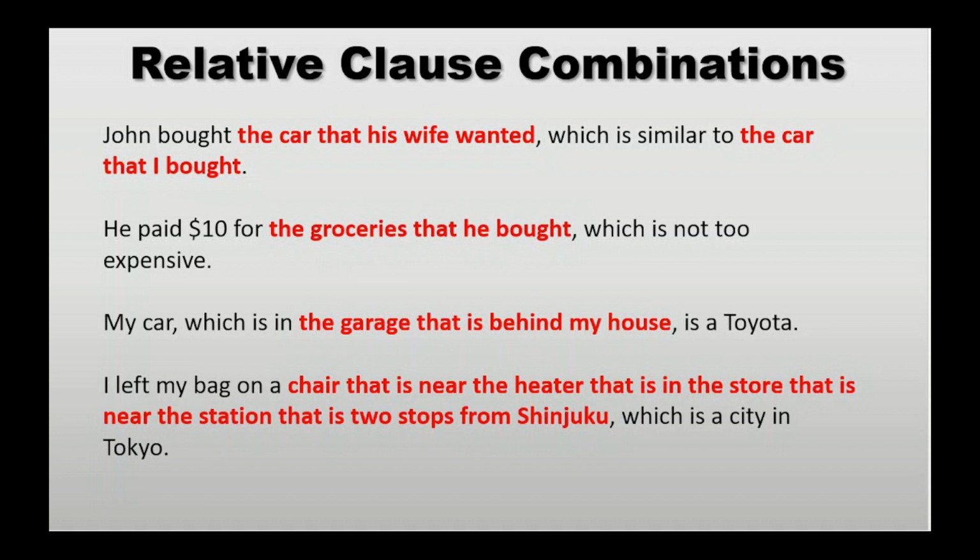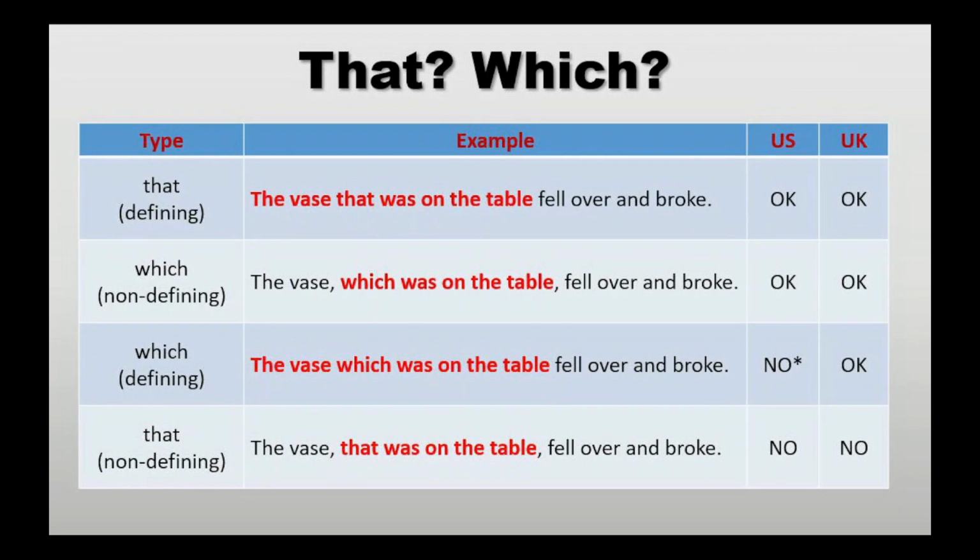All right, you got this? So when you're using a defining relative clause, start it with that and then define the noun. Keep those words together. When you're using a non-defining relative clause, start it with which, and you should pause slightly before the which. The which clause has to be separated from the sentence by commas. So, to summarize,